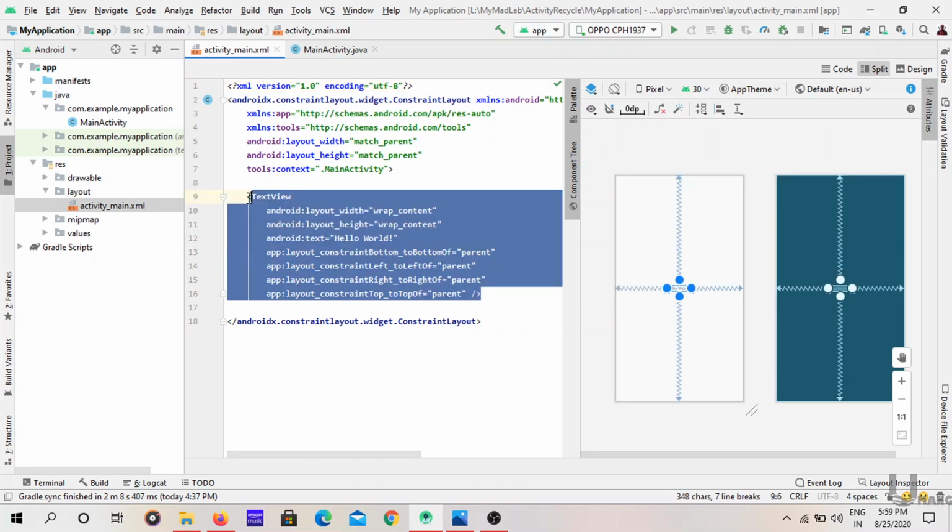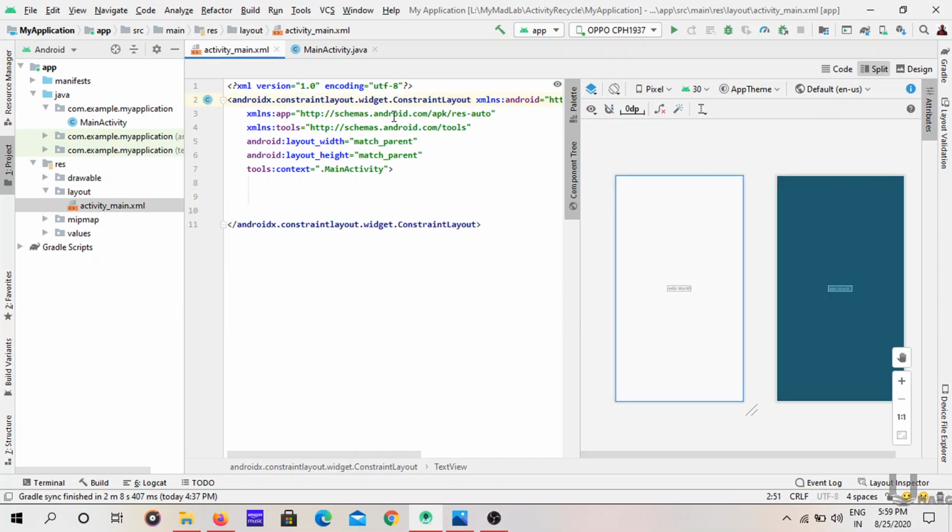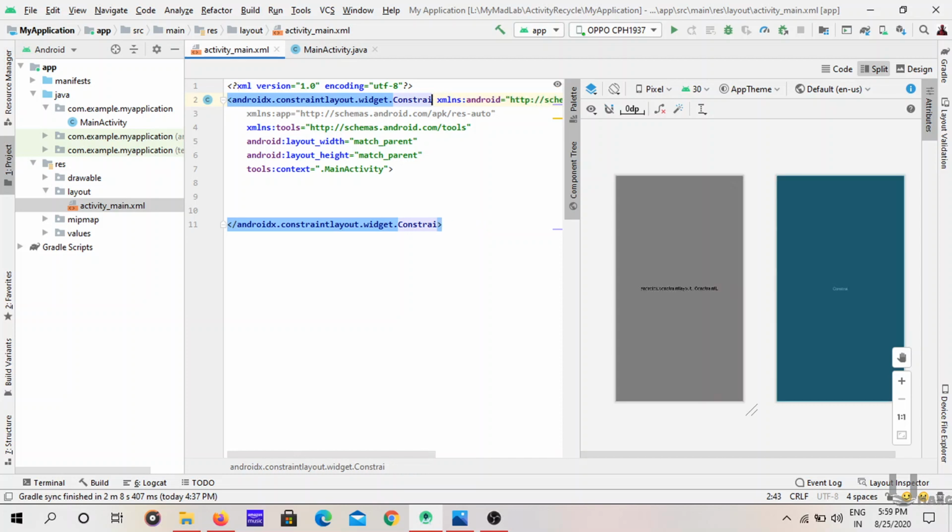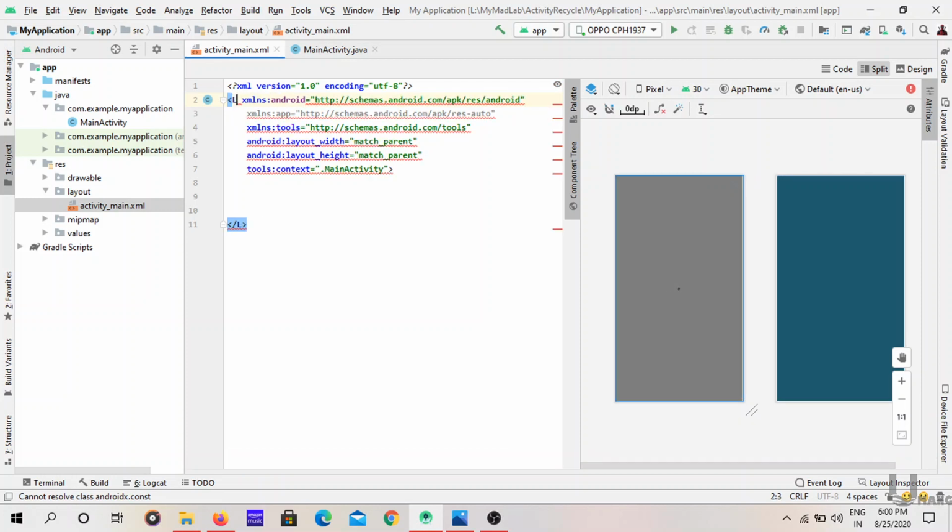So let's create a spinner. Remove this text and change this layout, which is a constraint layout, to a linear layout.